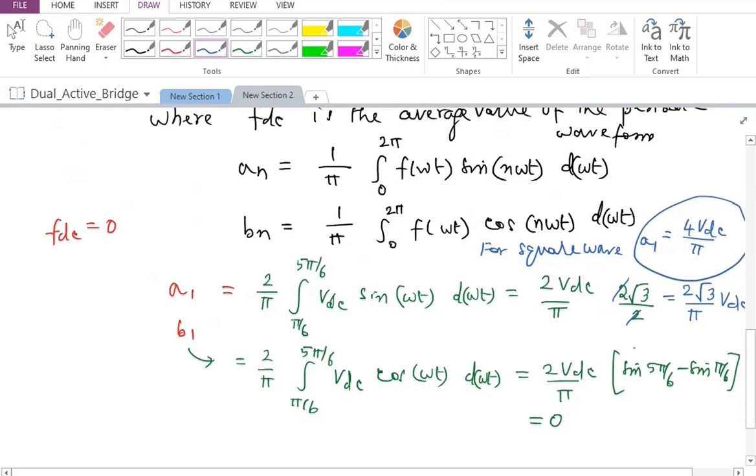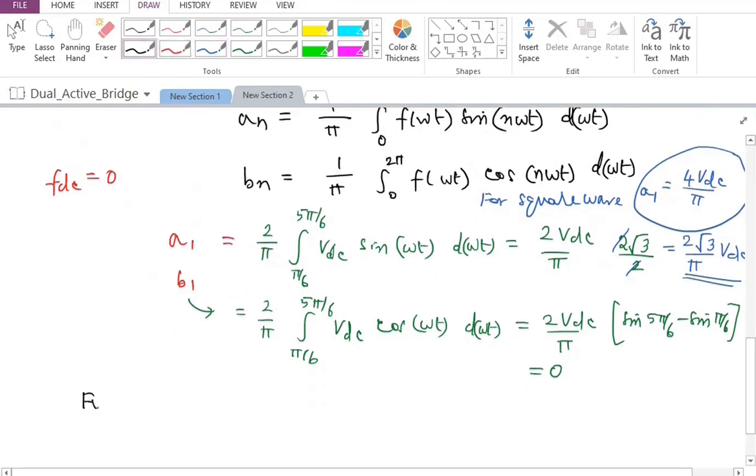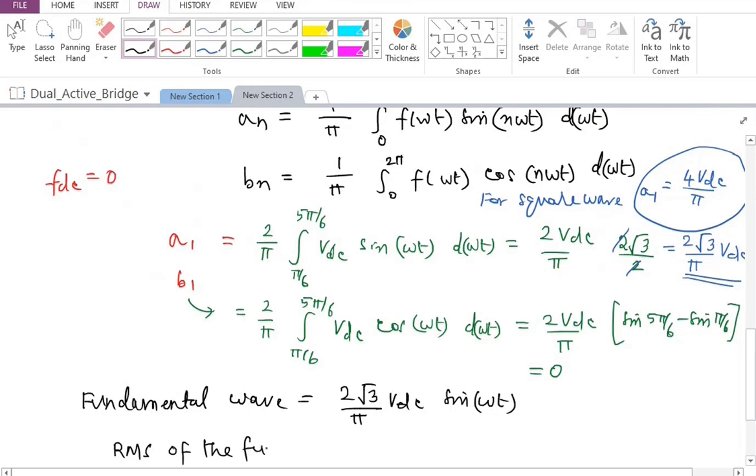Now, 2 root 3 by pi VDC happens to be the peak of the fundamental sinusoidal wave. So I should write fundamental wave is equal to 2 root 3 divided by pi VDC sine omega t. So RMS of the fundamental is going to be, this expression has to be divided by root 2. So 2 divided by root 2 is root 2. So root 3 multiplied by root 2, which is root 6 divided by pi VDC. This is going to be the RMS value of fundamental. So that corresponds to root 6 divided by pi multiplied by 100. And that comes out to be